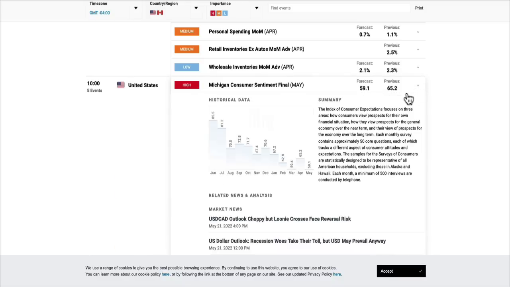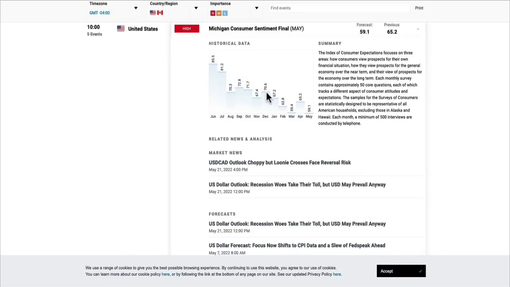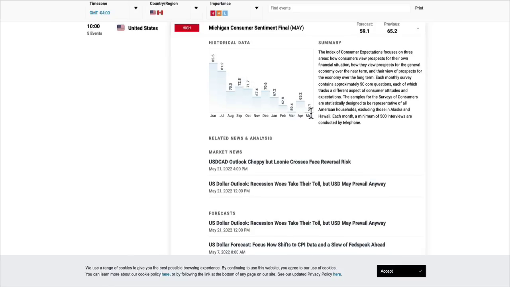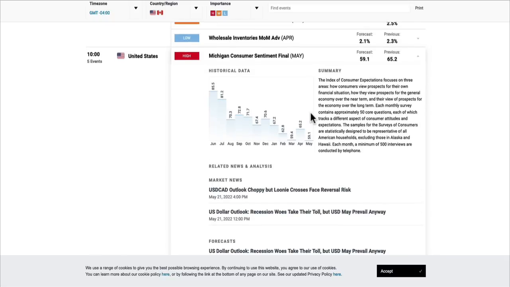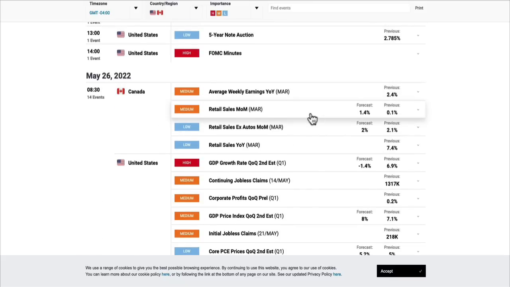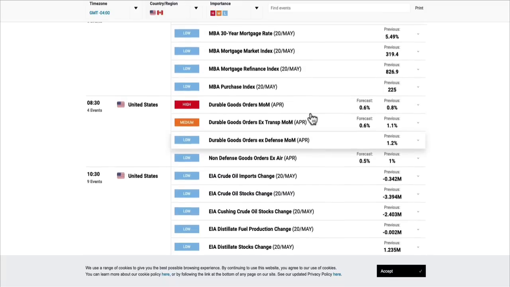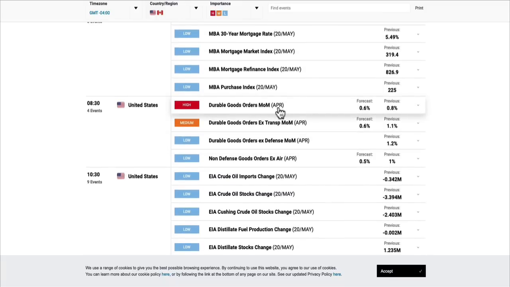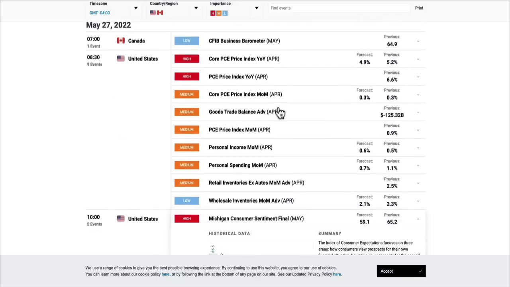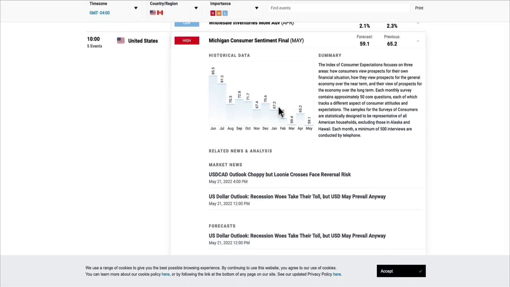We can click this open. You get a series of what's been going on with consumer confidence, straight down. Now there is some thinking that consumer confidence, if it's low, shows that they are less willing to make big ticket purchases. That's all. So we will get a little peek at the possibility of that with durable goods orders. If durable goods orders come in strong, then we can expect that consumer confidence hasn't been hit that much.